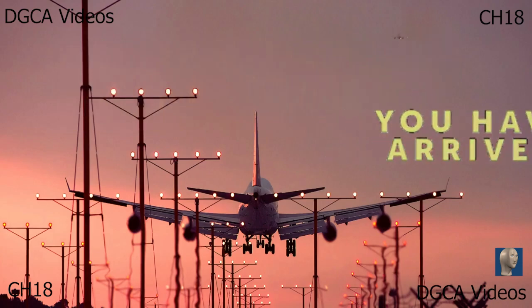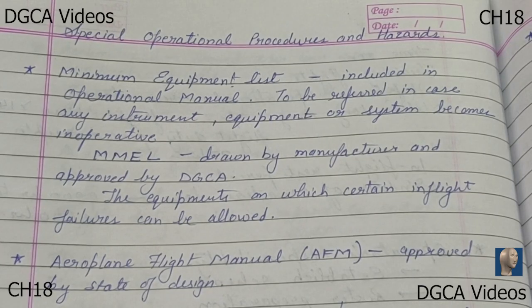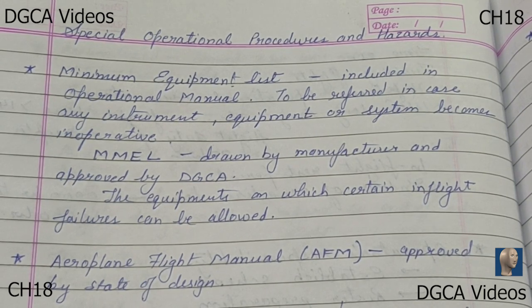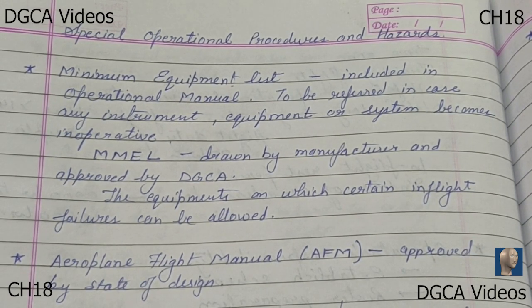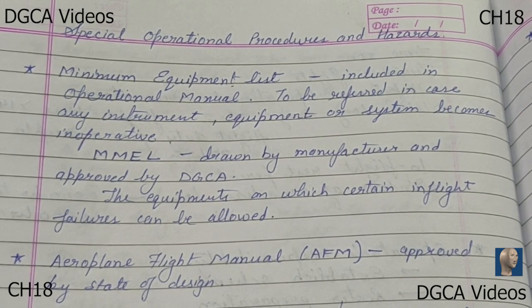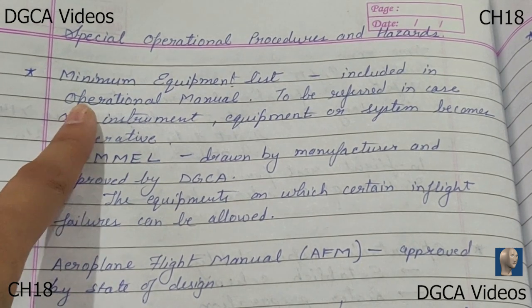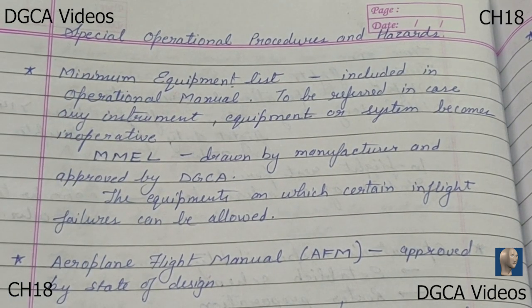So let's get started. Let's begin with the minimum equipment list. This is a list which contains all the equipment with the help of which the flight can be continued in case any system or any instrument in the flight becomes inoperable. With reference to this list, the pilot can make a decision as to whether he wants to continue the flight or not. This list is available in the operations manual, so he can refer to the operations manual